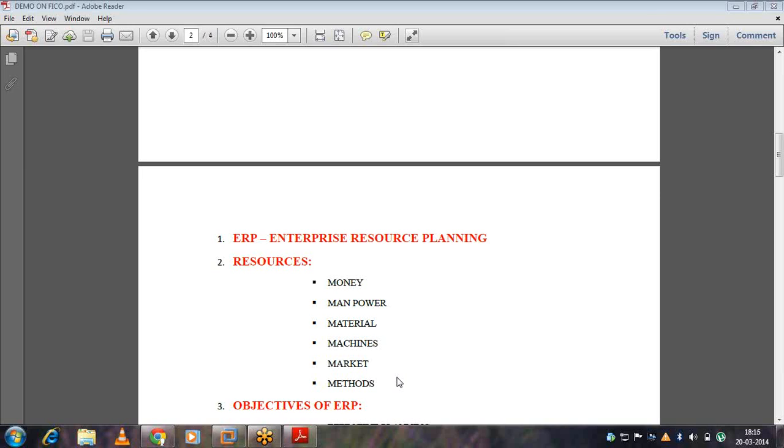It has to have a plan to use the resources. So effective planning of resources will result in effective utilization of resources. Effective utilization of resources will result in effective maximization of wealth of the organization. Got the point? Okay, so that is the reason why planning